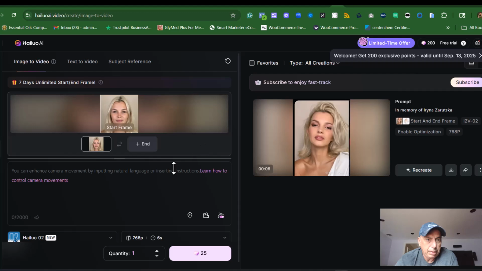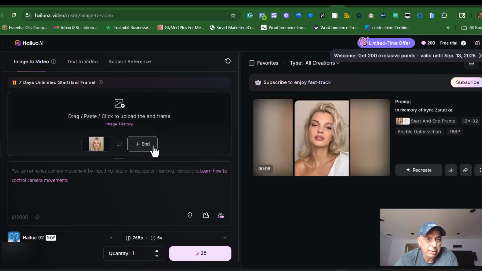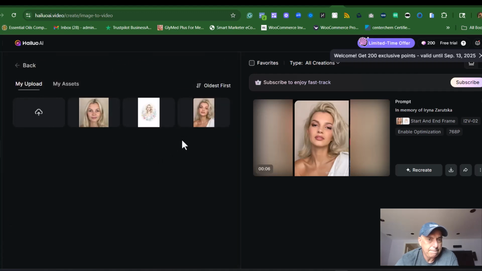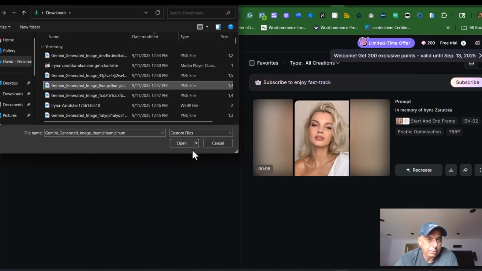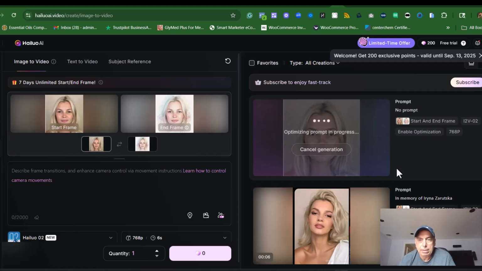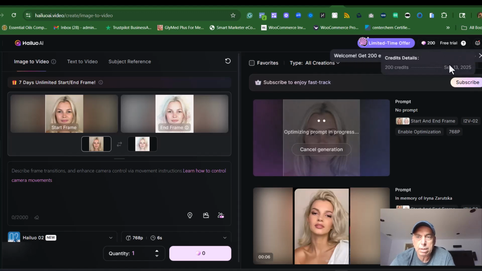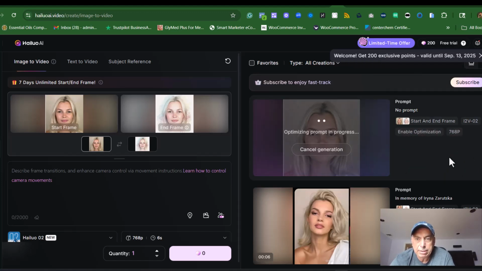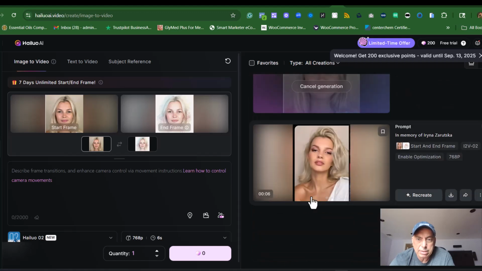Okay, and this is the image that you want to end. So for example, okay, this is how it's going to start and this is how it's going to end. Okay, and then you just click and let it generate. Maybe pause this video. Again, I'm on a free account. I'm sure I'm going to upgrade because I use it quite a bit. Okay, and basically it will generate something like that, the image that it started with and the image that it's